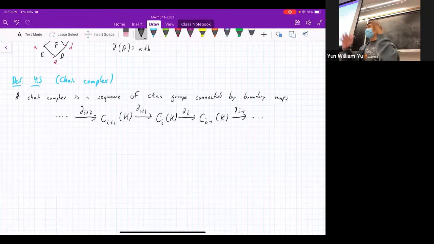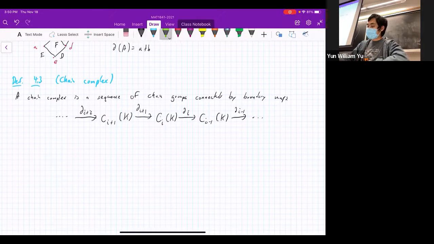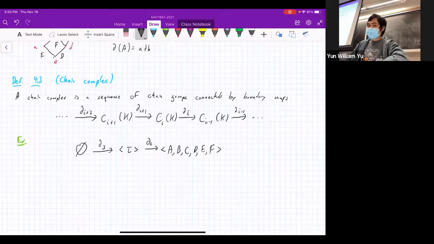Okay, so it's just some sequence of boundary operators. And for example, this is going to go via D3 to tau, which is going to go via D2 to the space generated by all of our edges, which is